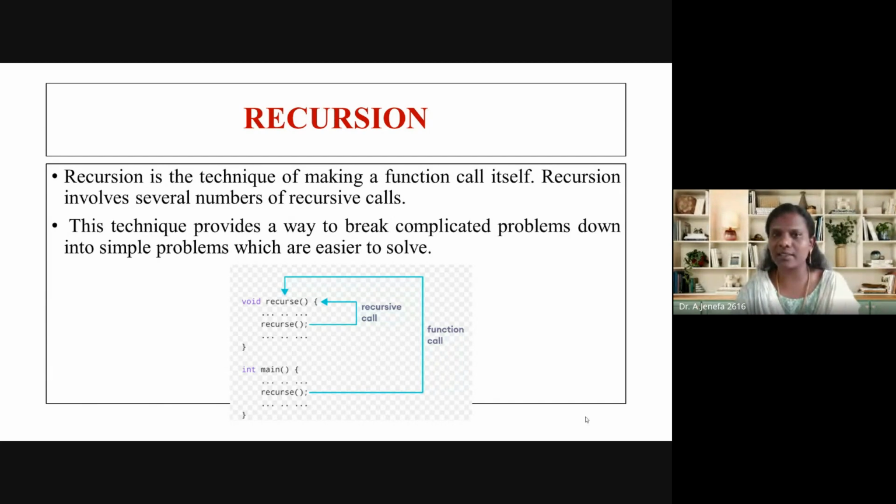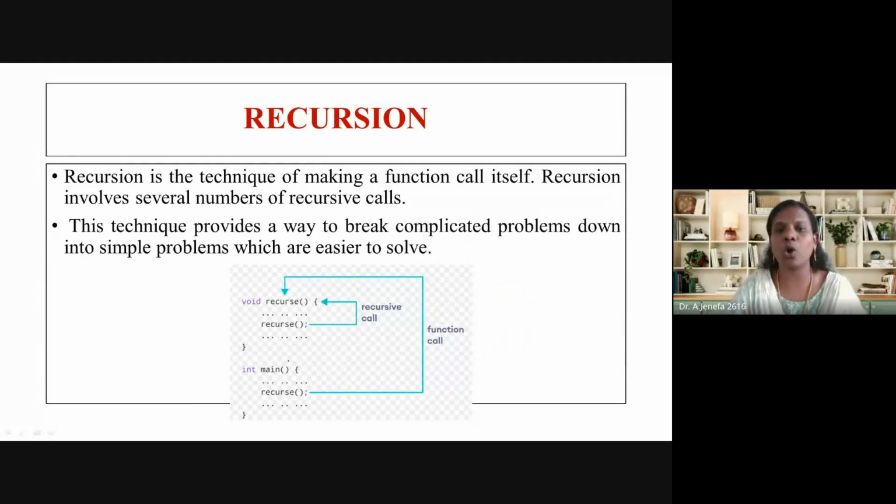So we are going to see the next concept in function, that is recursive function. A normal function is where we call a function from the main program. So if you are calling the function from the function definition itself, or else we can say a function that calls itself, which we call a recursive function. As you can see in this diagram,